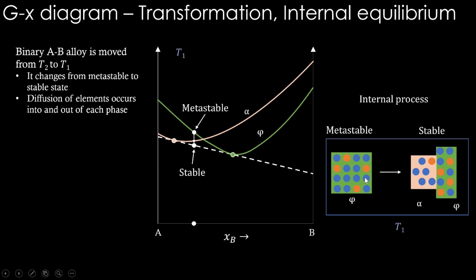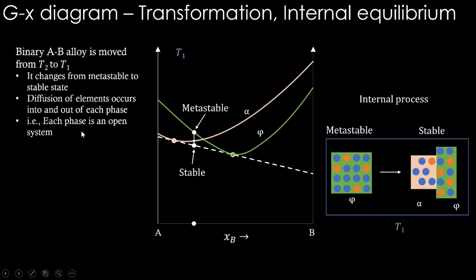Now you see the composition of phi, and it has 0.25 composition overall. If it has to transform to this alpha and phi, you could see that alpha here has a very low B content and phi has a high B content. Therefore the amount of B has to decrease in this side of the sample and increase in this side of the sample. What does it mean? Two phases have to form, and interdiffusion of elements takes place between these two volumes, and that is why you get a B-rich composition here and an A-rich composition here. So both A and B elements interdiffuse to achieve this sort of phase formation.